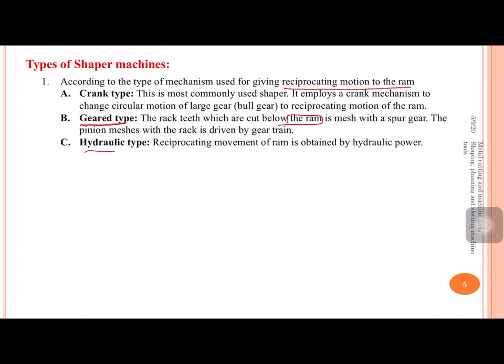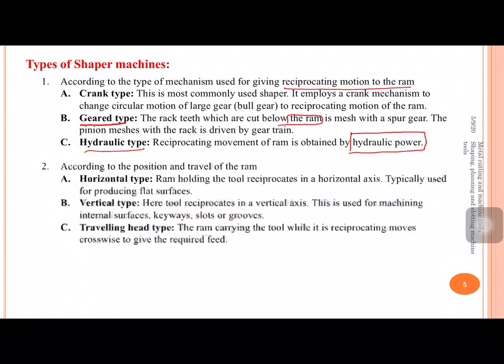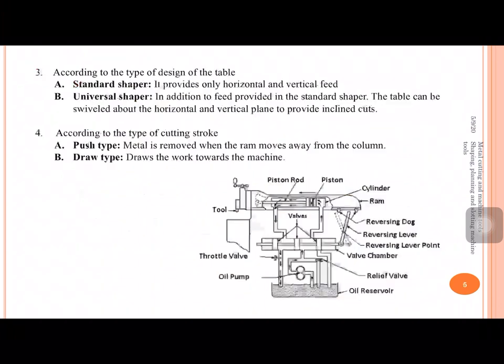Next one is the hydraulic type. The reciprocatory motion is created by using the hydraulic power, and this hydraulic power is delivered either by utilizing the oil or some other fluid, that may be water also. Now let me show you the picture corresponding to this hydraulic type